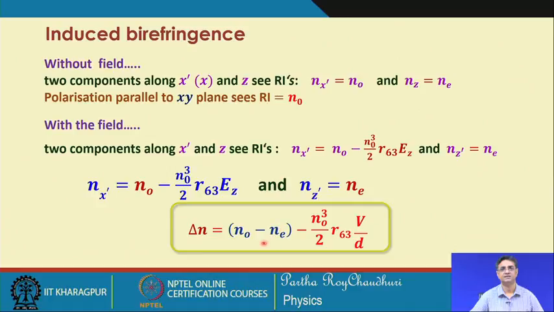birefringence in this case is n o minus n e, which is the birefringence in absence of any voltage. Even if we do not apply any voltage, the two lights will see the birefringence, which is equal to this, because along the z axis the refractive index seen by the polarization will be n e, and along the x dash axis the refractive index seen will be n o. So, this is in absence of any field, the fixed birefringence which gives you that the